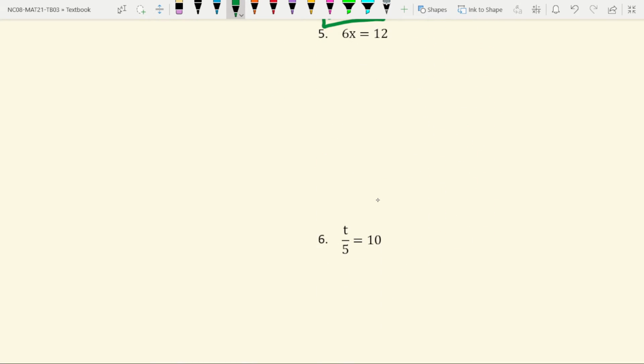Let us solve the next equation now. 6x is equal to 12 is given. In this, let us identify the known terms first. What are the known terms? 6 is a known term and 12 is a known term. So the unknown term should remain in LHS. So x will remain here. 12 is a known term. It should be in RHS. It is already in RHS, so we will not change anything.